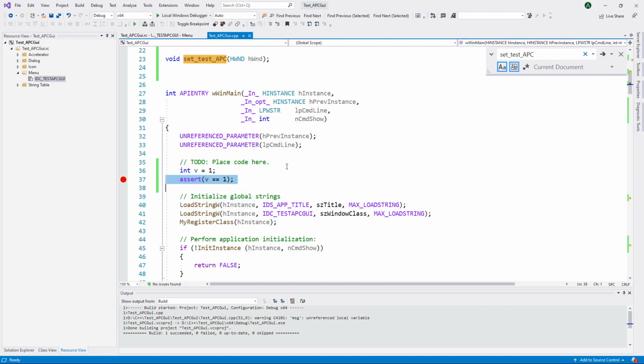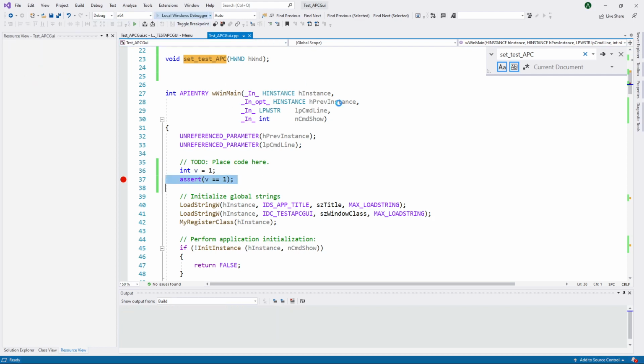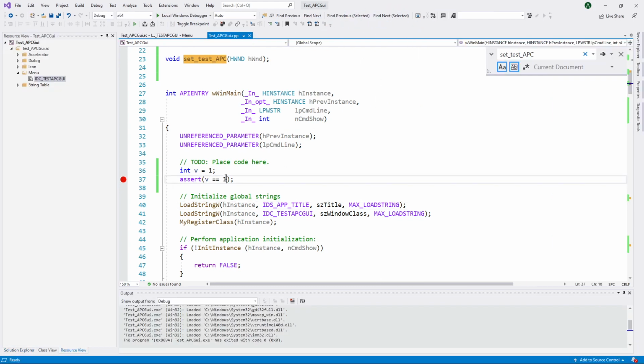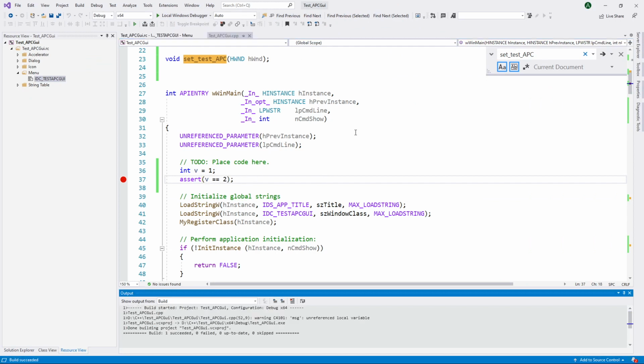and if it does, it won't do anything. And if it evaluates to false, it will show an assertion. But what's important is that when you build it as release, all of these checks will not be done. So it's kind of like development stage checks, which are really important. So let me show you what happens. So right now v is indeed 1, so it will just skip over it and nothing happened. But if you do v equals 2, this little check will evaluate to false, and when you run the app,